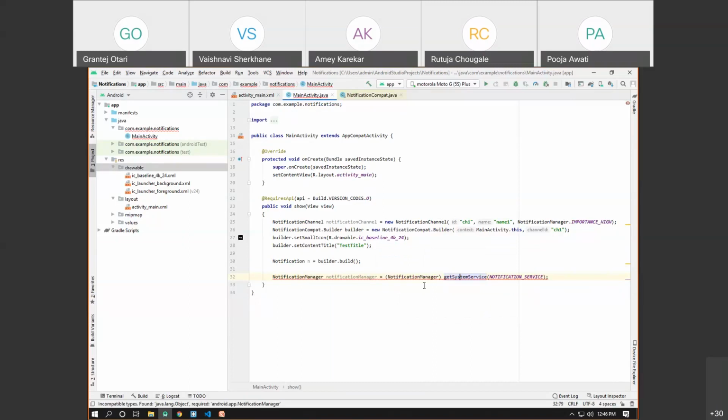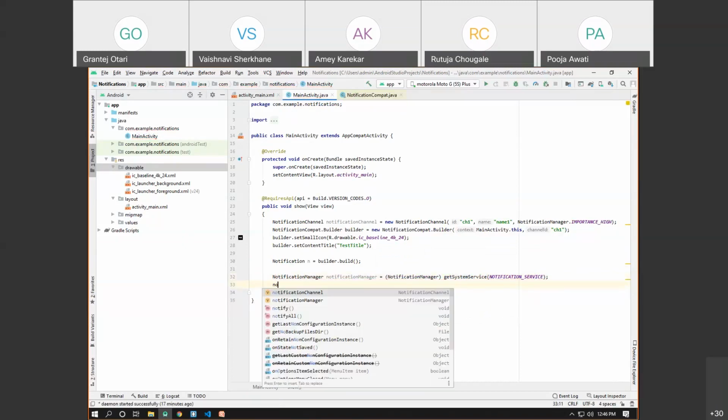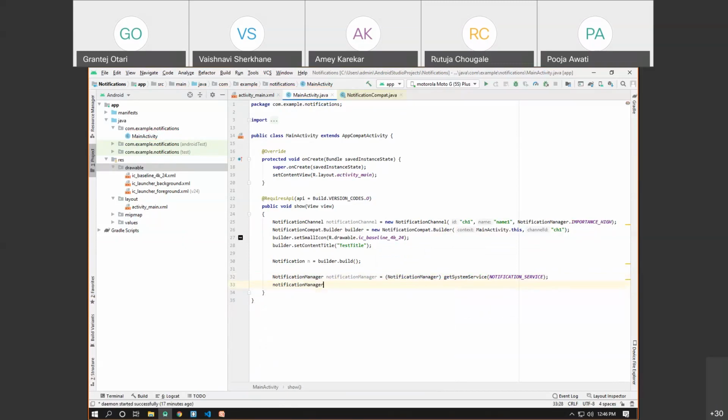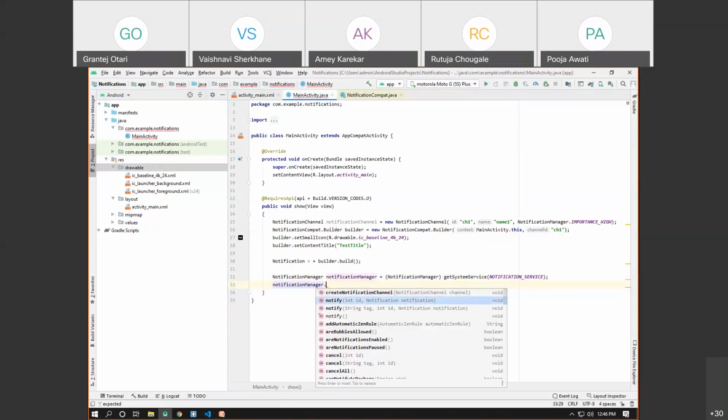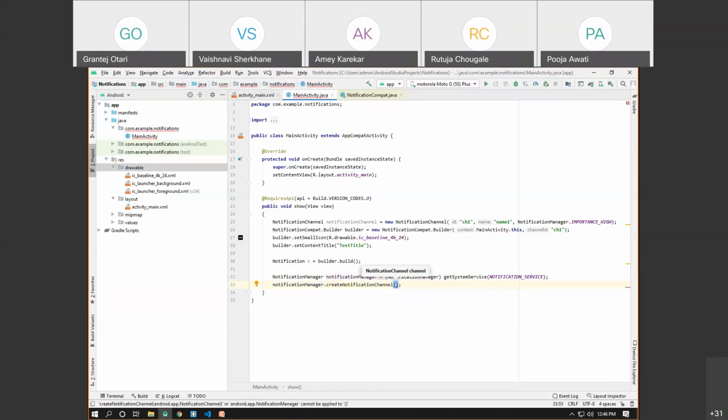So we need to typecast it to NotificationManager. And then what we can do here is the notification manager object.notify. Before that, we need to create a notification channel, and we'll pass the notification channel object here. And then we can say manager.notify. Then you can pass any ID here and the notification n as a second parameter.